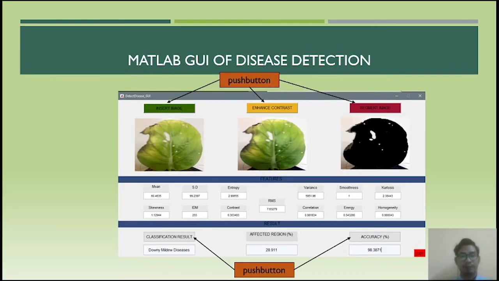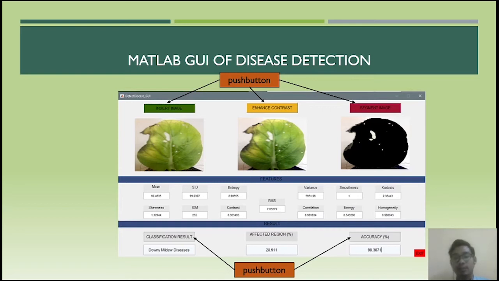Next is the MATLAB graphic user interface for disease detection. This GUI has 5 push buttons. First is insert image, so we select an image from the local folder. Next is enhance contrast,